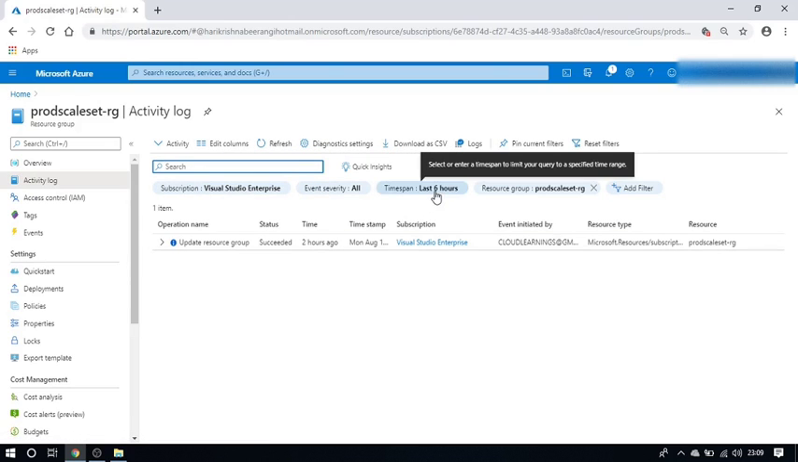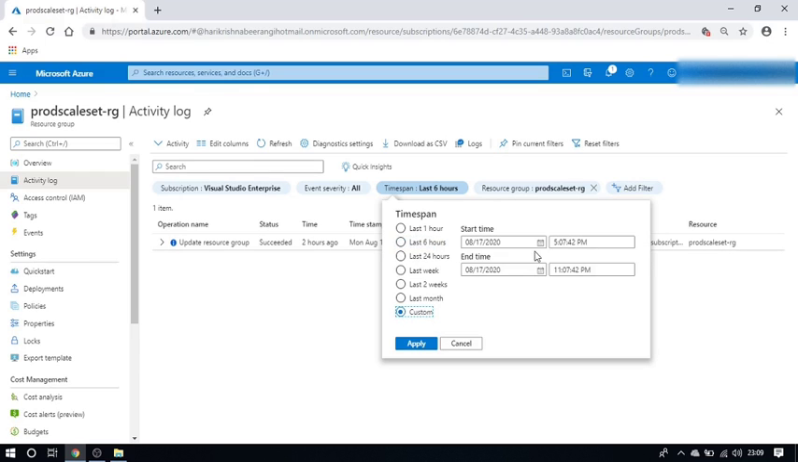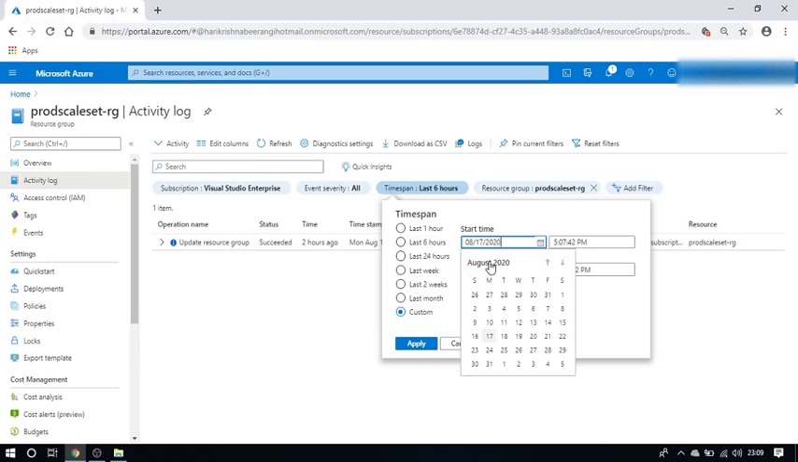You can filter the logs from the last 3 months. The maximum allowed logs from this Azure portal is 3 months. However, it's not showing clearly as 3 months. Let's click on this custom and let me choose,